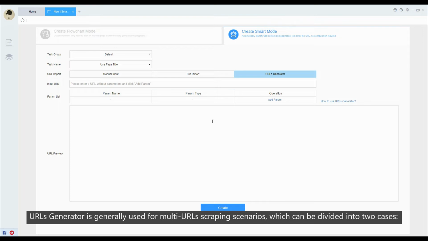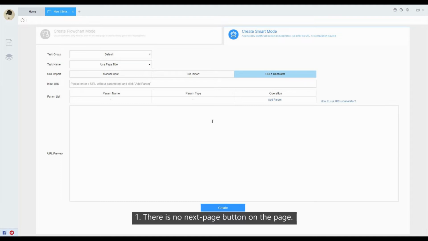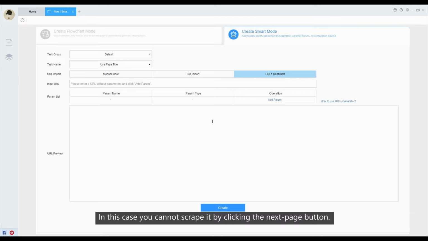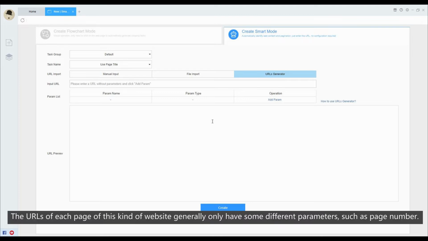URLs generator is generally used for multi-URL scraping scenarios, which can be divided into two cases. 1. There is no next page button on the page. In this case, you cannot scrape it by clicking the next page button. The URLs of each page of this kind of website generally only have some different parameters, such as page number. So you can use the URLs generator to generate URLs for all pages at once, and then scrape them by